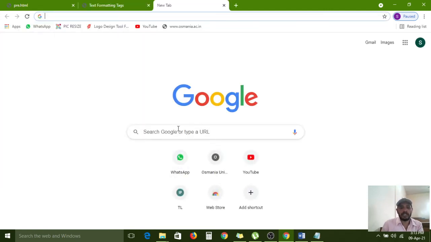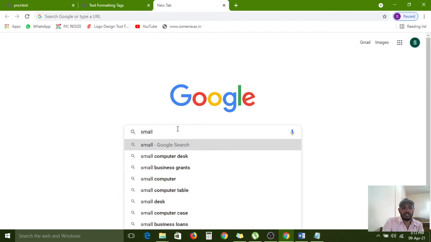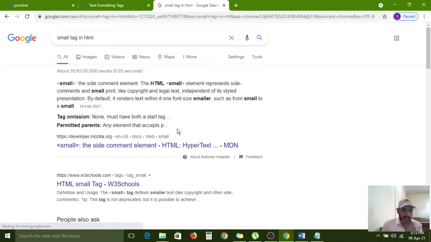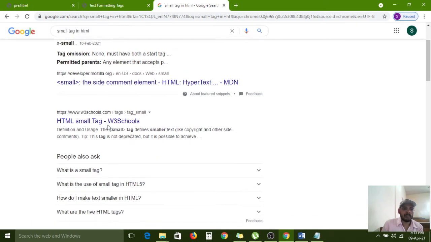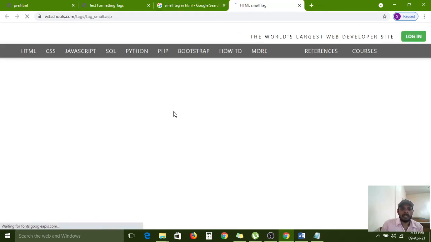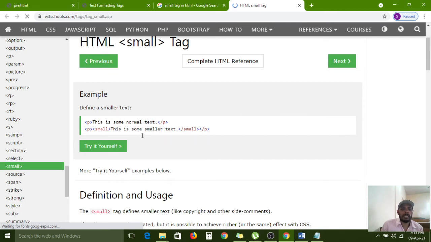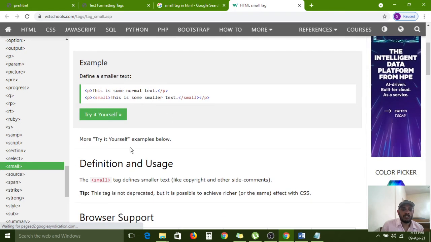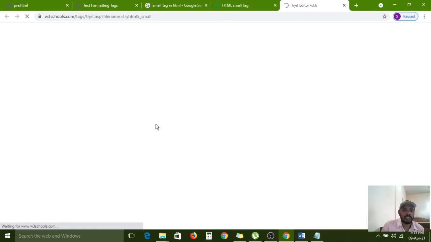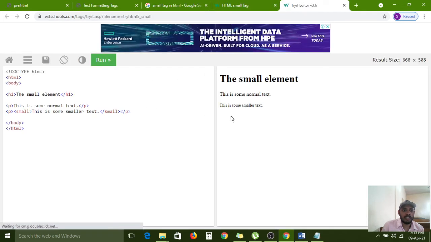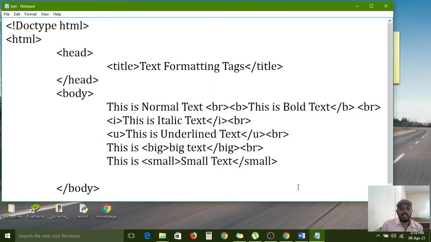Then we can check right now on the internet. Small tag in HTML. If we can get a different example, then we can simply understand. This is a smaller text. This is some normal text. This is smaller text. Actually, it is printing the normal way.